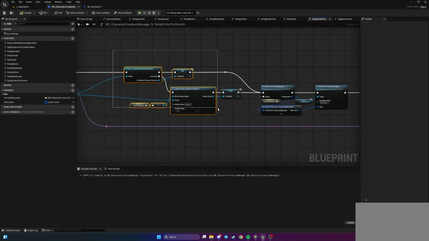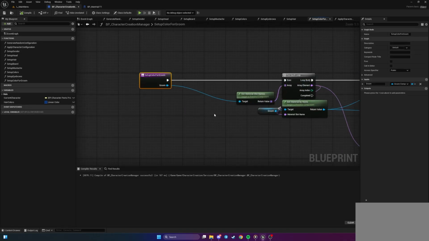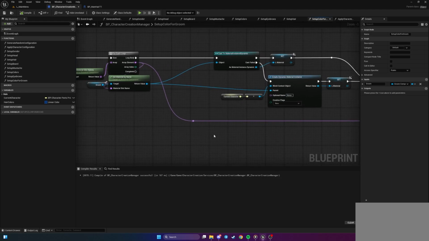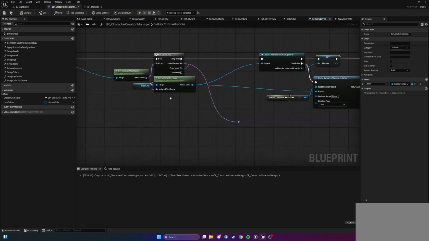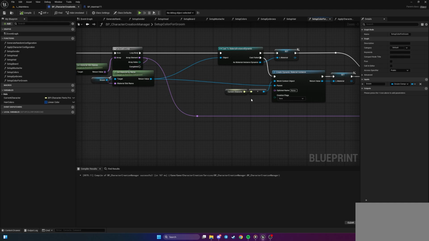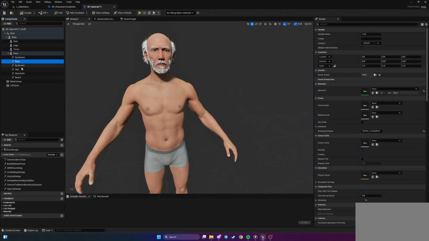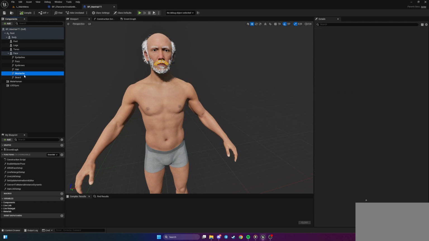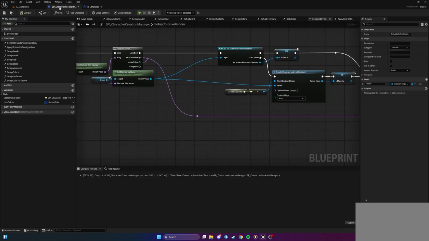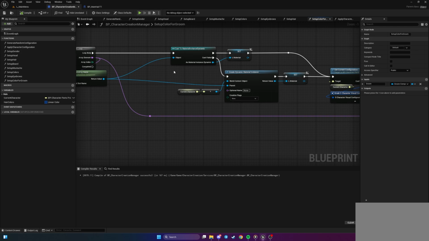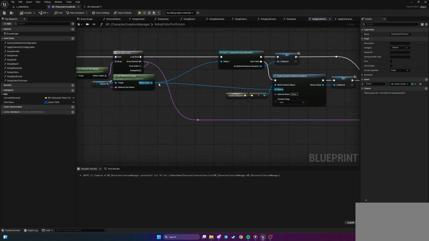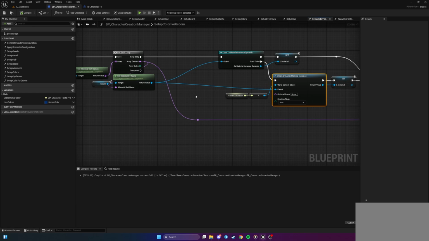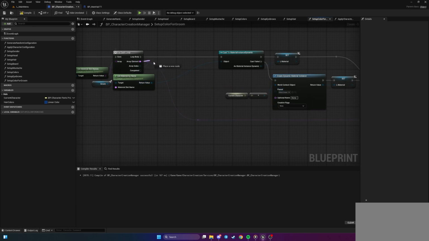Okay, previously we created such a function for setting up color for grooms, and now instead of creating a dynamic material instance from the material from slot, we're gonna switch on this slot and use one material to create the dynamic material instance, because hair uses the same material, mustache uses the same material, beard, and so on. So instead of connecting this get material by name to create dynamic material instance here, we're gonna get slot name and